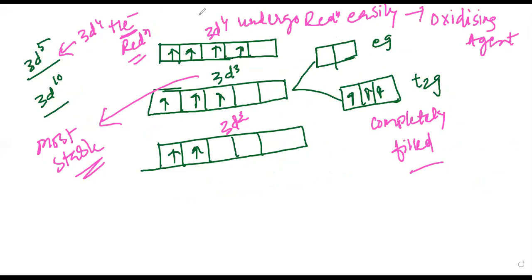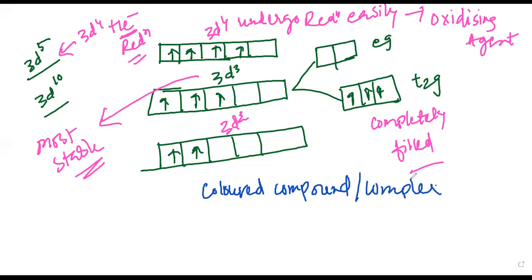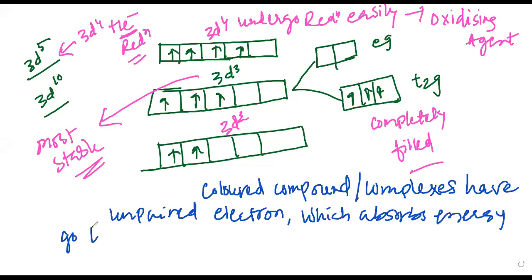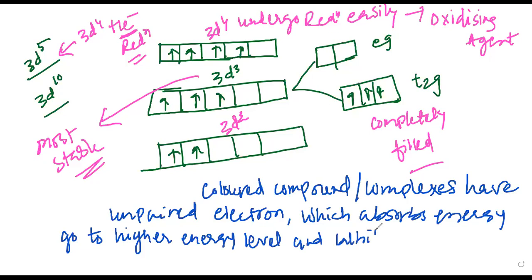One more thing I would like to share with you, my dear students, that colored compounds or complexes generally have unpaired electrons, which absorb energy, go to a higher energy level, and while coming down to a lower energy level,